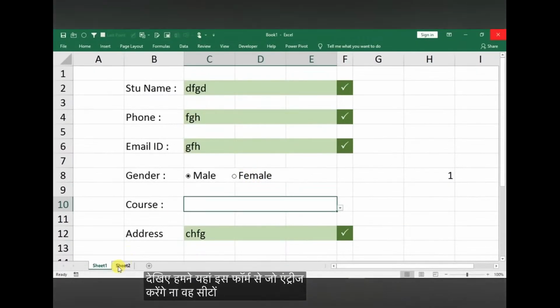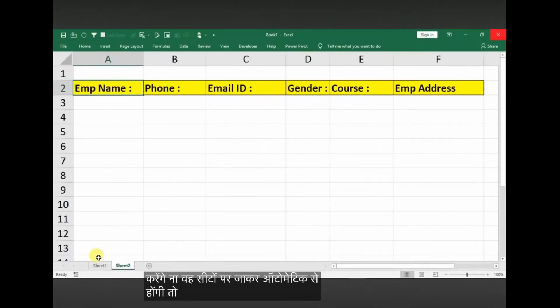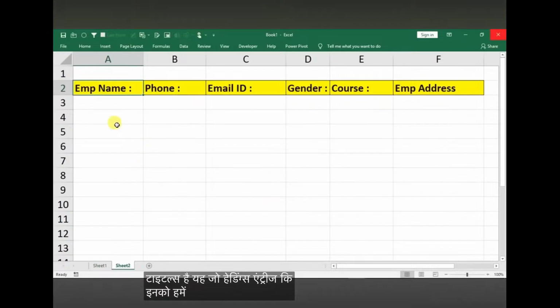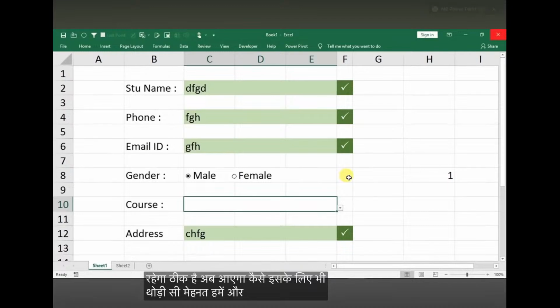हम यहां इस फॉर्म से जो एंट्रीज करेंगे ना वो सीट 2 पे जाके ऑटोमेटिक सेव होंगी। तो हमें क्या करना होगा, ये जो टाइटल्स हैं, ये जो हेडिंग्स हैं एंट्रीज की, इनको हमें इस तरह से टाइप कर लेना है। ये कॉलम्स हमने बना लिए, इनके नीचे डाटा आता रहेगा। ठीक है, अब आएगा कैसे, इसके लिए भी थोड़ी सी मेहनत हमें और करनी है।